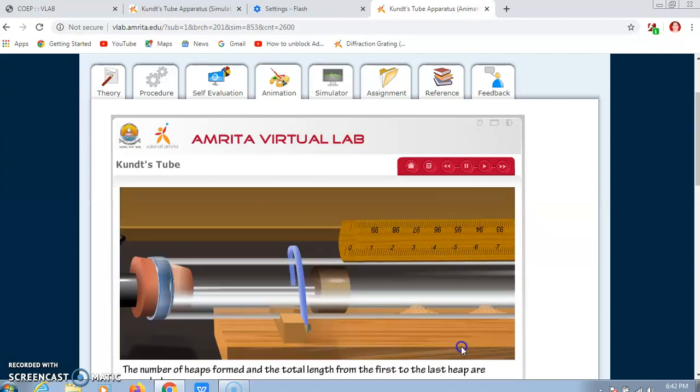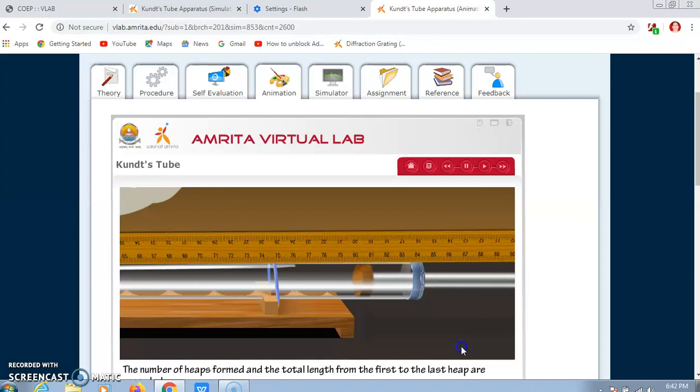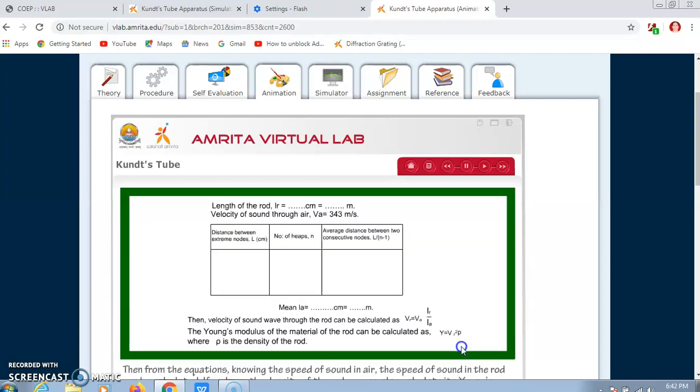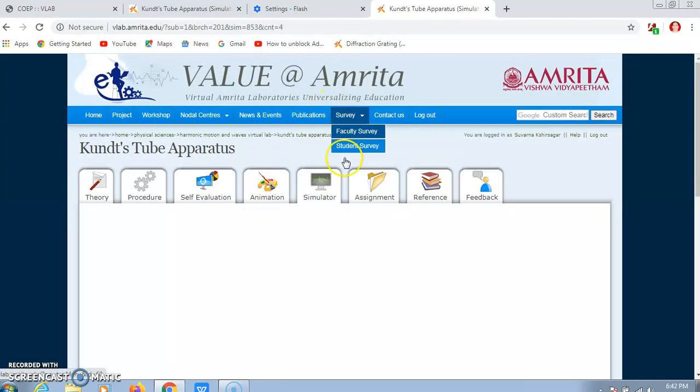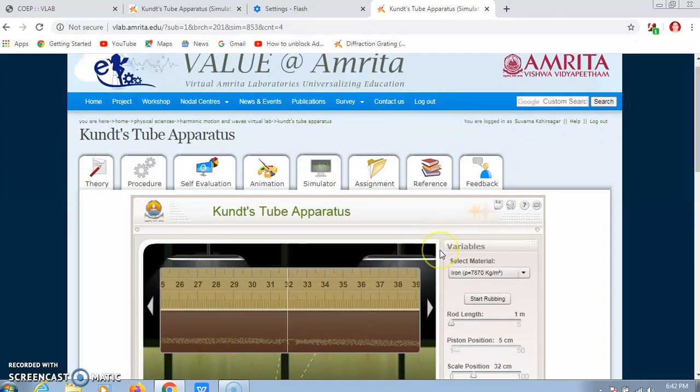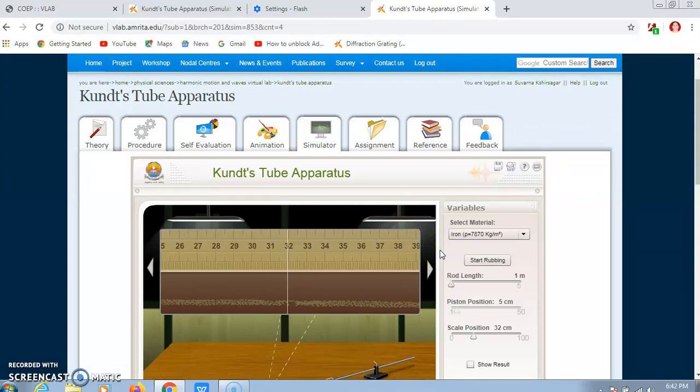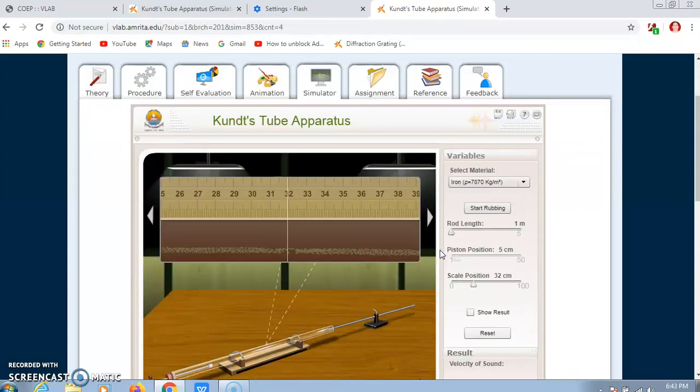Heaps represent the nodes, and the distance between two nodes is equal to lambda by 2, from which you can calculate lambda, and from the lambda you can calculate the velocity of sound by knowing the frequency. So this is the way in which the experiment is carried out, and its animation we have seen.